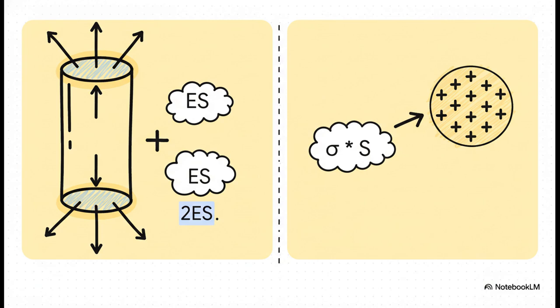The total flux is now just the flux through the top cap plus the flux through the bottom cap. On the top, the field E goes through area S, so that's E times S. On the bottom, same thing, E times S. Add them together and we get 2 times E times S. That's the left side of Gauss's law. And the right side, the enclosed charge, that's even easier. It's just that charge density, sigma, multiplied by the area of the little cookie cutter circle our cylinder punched through the plane. So sigma times S.